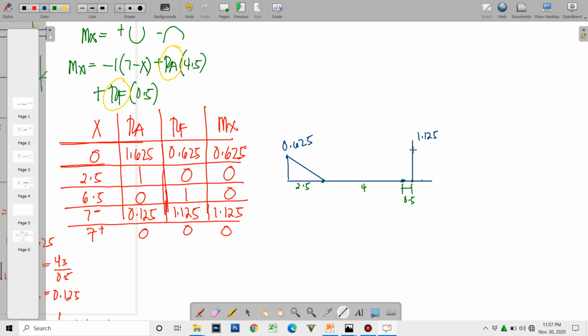And it is 0 at this point. And then it will have no value at this point. So this will be the moment influence line diagram for the moment at 7 meters from B. Okay,